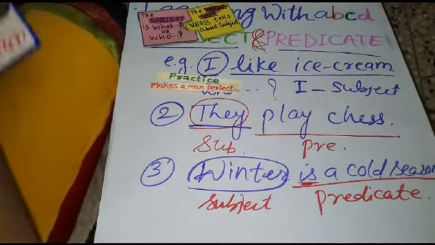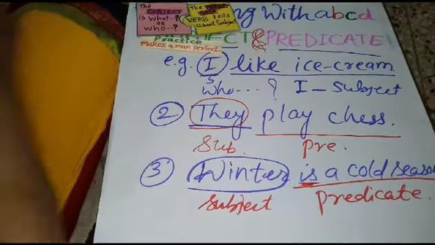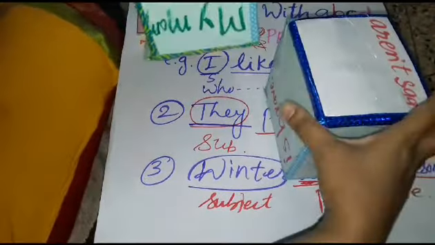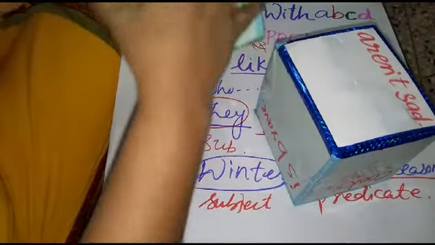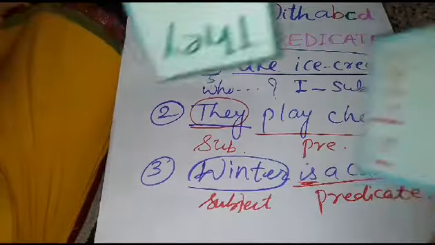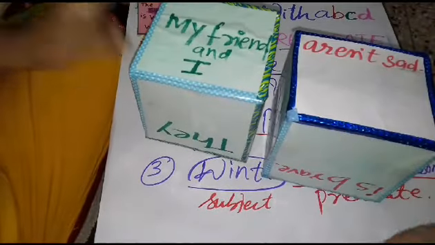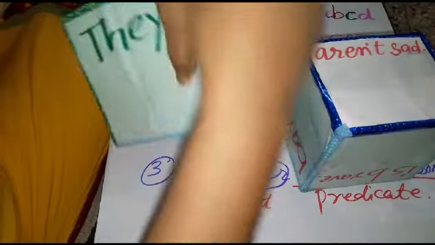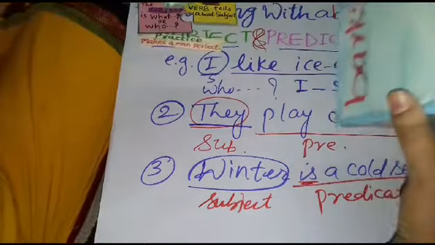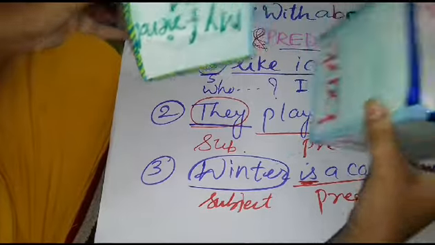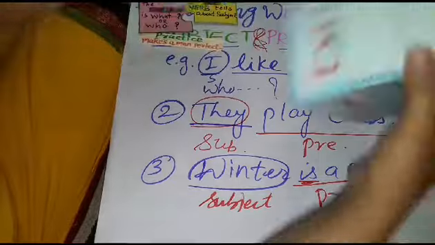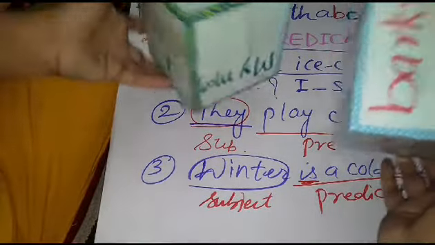Then there is another activity. I have just made it. We have two dice here. See, some big dice I have made. You can have some small or bigger according to your choice, right? So there are two different dice. On one dice I have written the subject portion, and on another I have written predicate. Now we have to match it, right?